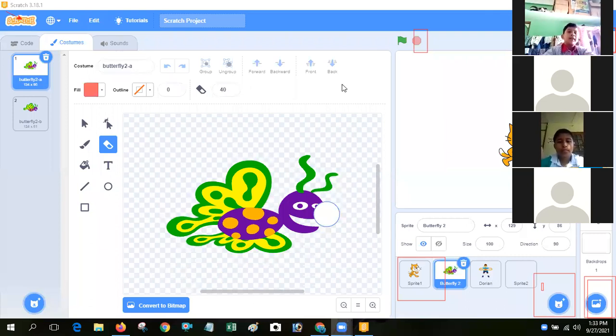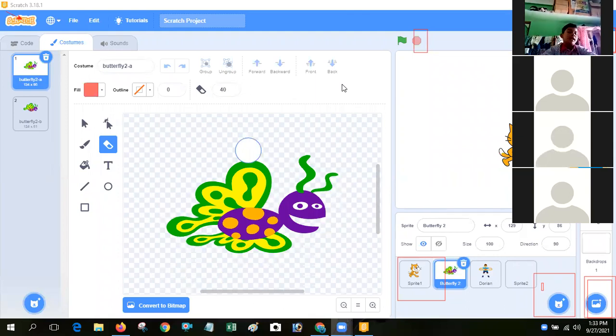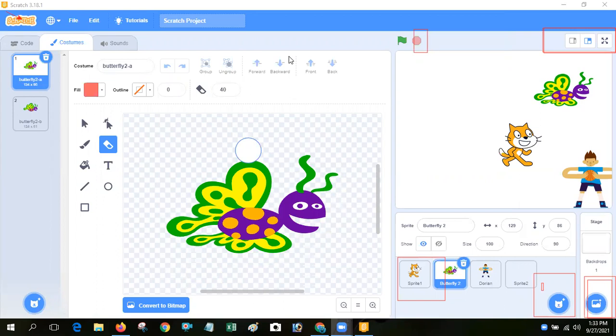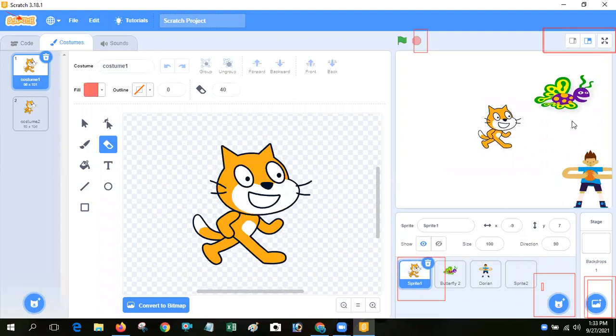So next you see backdrop icon. We already discussed backdrop icon means background of sprite. So you see now my sprite background color is white.